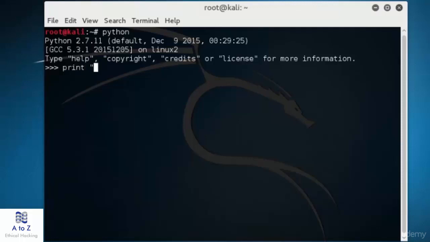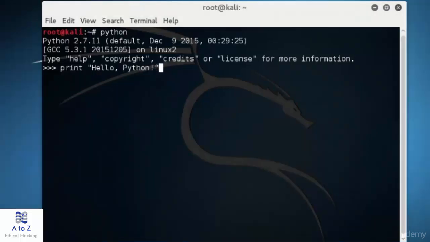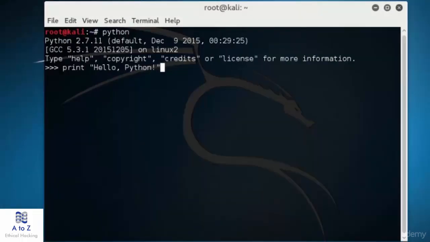If you are running new version of Python, then you would need to use print statement with parentheses, like in C we used to write, that is print parentheses hello Python. If you got the old version, just write print hello Python without parentheses and hit enter. You will get the output as hello Python. So this is how one